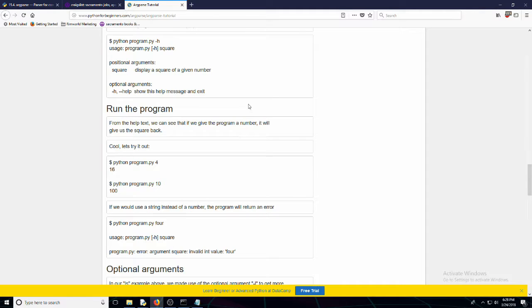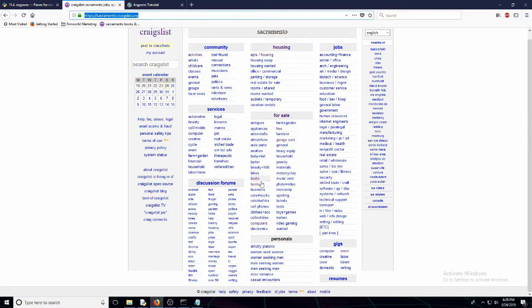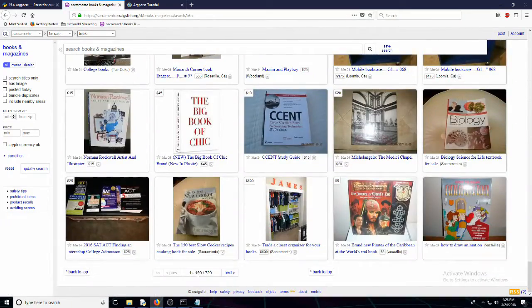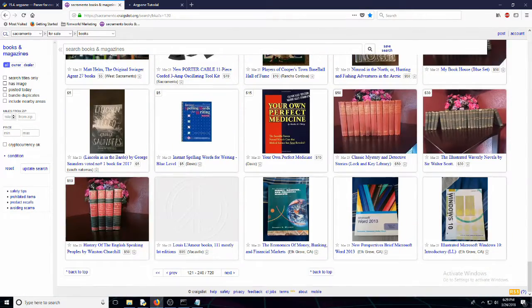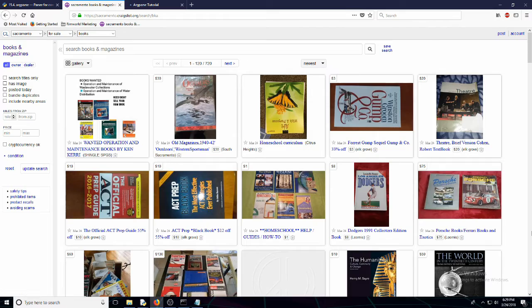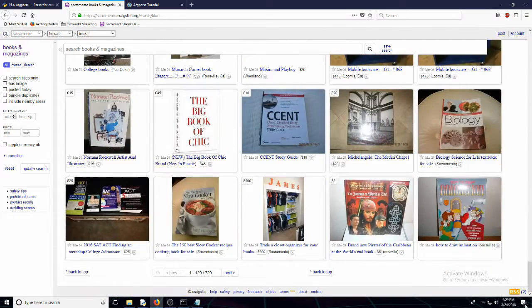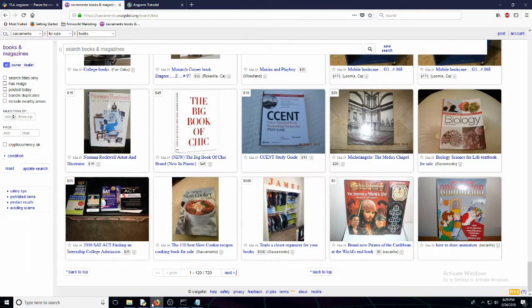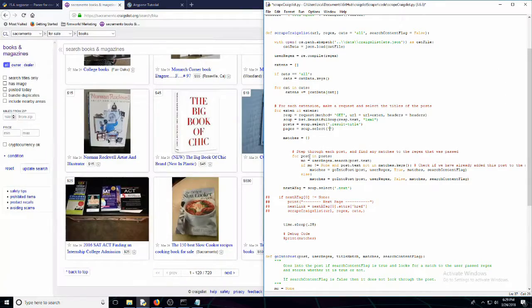I think if we go here, I was looking at this earlier, come to books. We can select the next page and just click that URL each time. I think if we do that, then we have previous. Yeah. So we are going to do that still. Dot next. I think that's what we did. Then we do